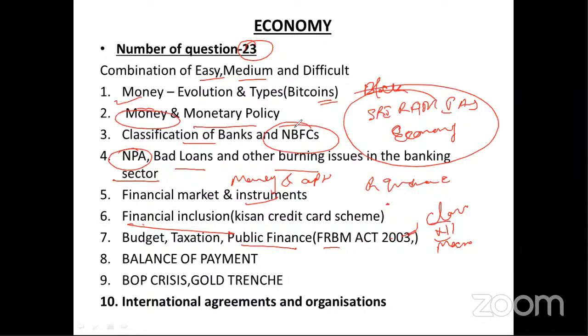They know about the money circulation in the market, what is M1, M2 money. Okay, they know the basic terms, and they know how to relate them with current affairs. They have performed very well. Okay, so basic terms here, like balance of payment, BOP crisis, gold trends, SDR, special drawing rights,